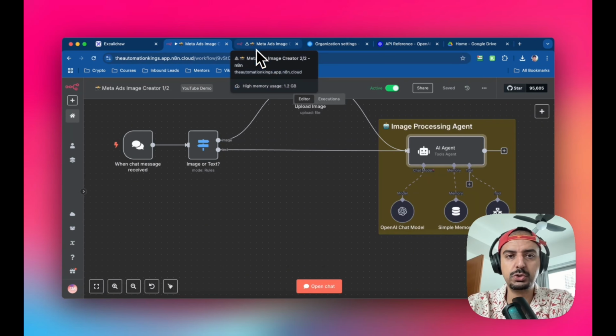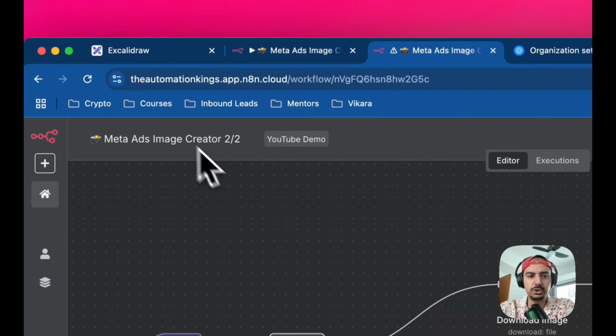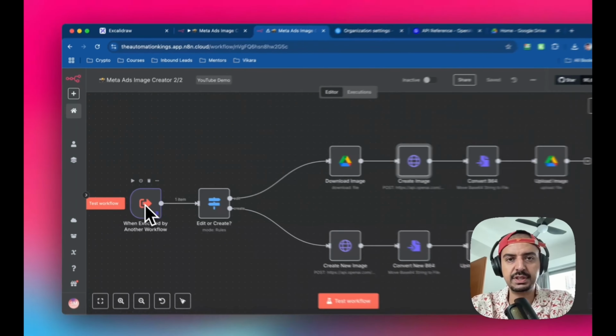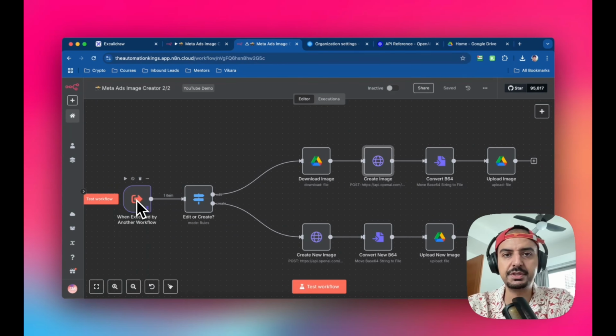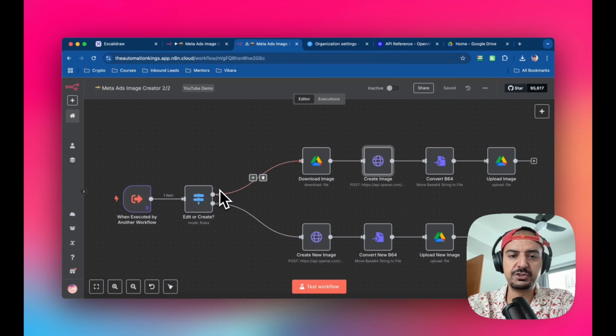But let me head over to the subflow. So this is part 1 of 2. This is part 2 of 2. So again, this will receive all the inputs from the parent workflow. It will then use a switch node to identify whether it's an edit prompt or a create prompt, okay? If it's to edit an existing image, it will go to this part of the route, and then